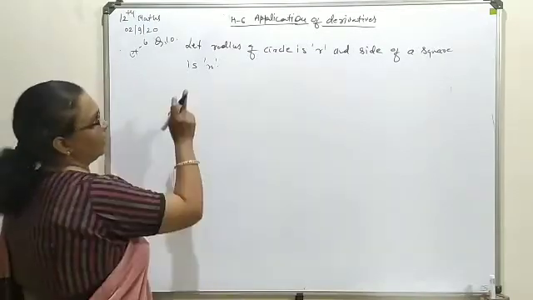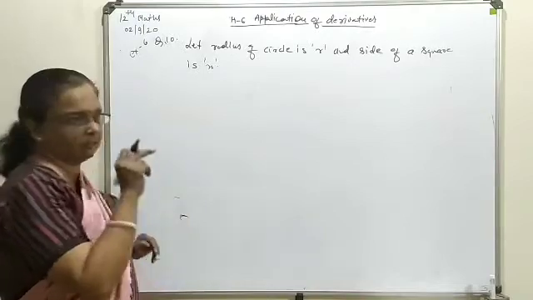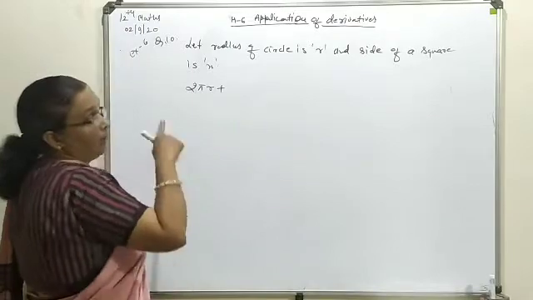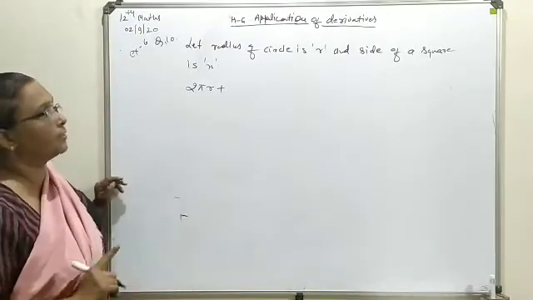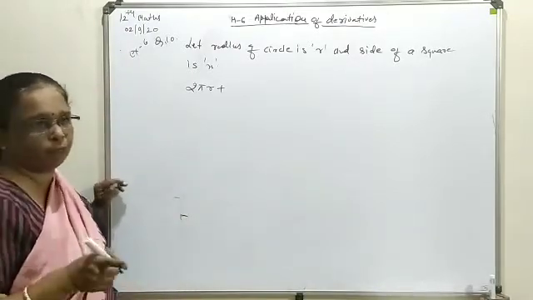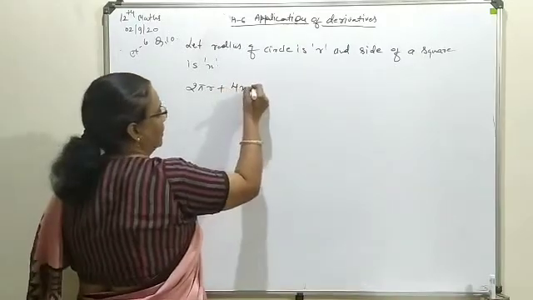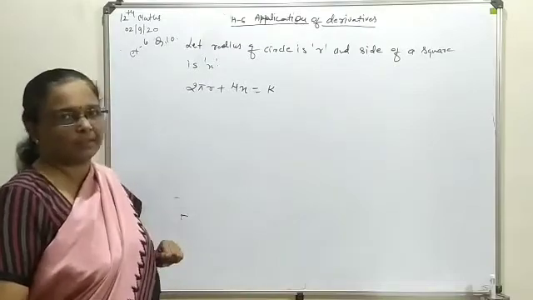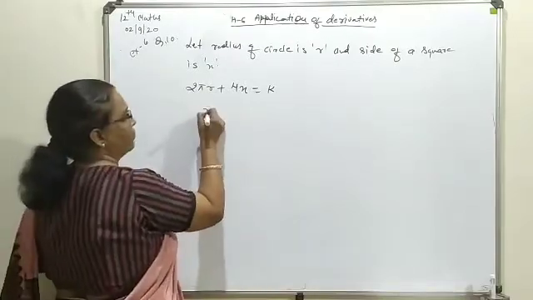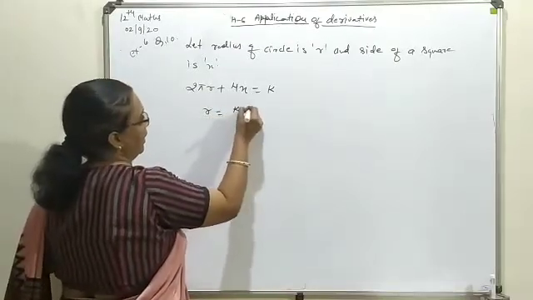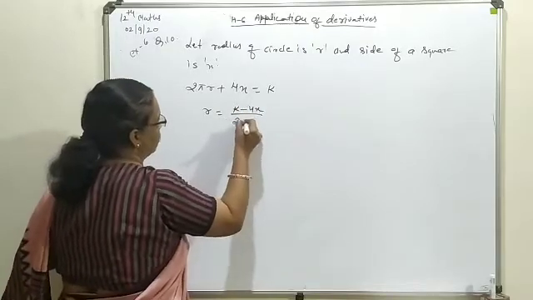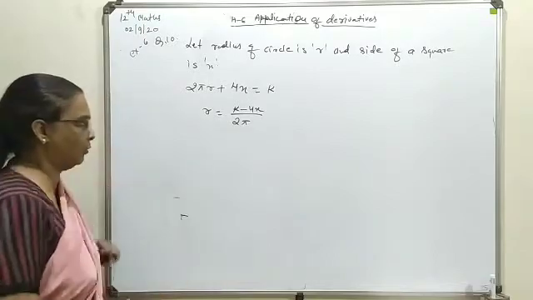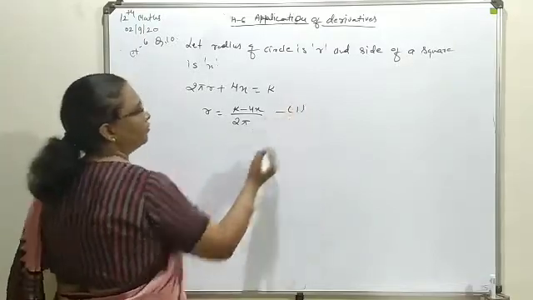Now the sum of the perimeter of the circle and square is constant. So it will be the perimeter of the circle, that means the circumference, that is 2 pi r, plus the square of side x, so its perimeter is 4x. That is available as k. Now from here r we are going to separate out, that will be used further. So that will give you k minus 4x upon 2 pi. Even x also you can separate out. Now this will be used for further solution.